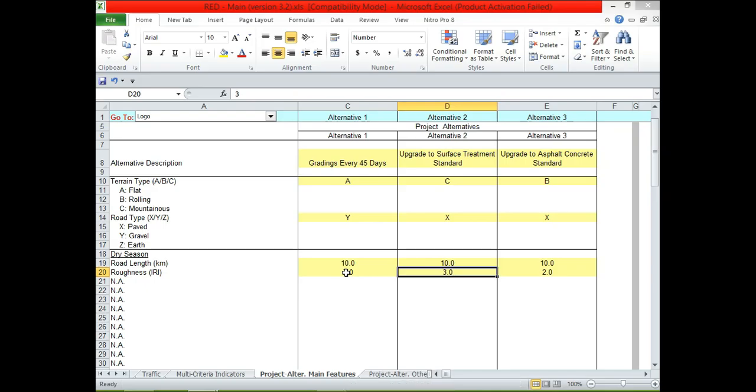Then the vehicle operating cost will be very high. So if you are improving a road from very poor condition to a better one, then the vehicle operating cost saving will be significant, will be very high. So you have to be very careful in putting the roughness in this case. It is the source of your benefit. It's not like the traditional model. You get the benefit out of the area cultivated. But in this case, it is a consumer's approach who are benefiting as the users of the road, and the users of the road benefit from vehicle operating cost saving. So vehicle operating cost saving is very important in this case. In that case, roughness is a very important input. So you put the roughness,